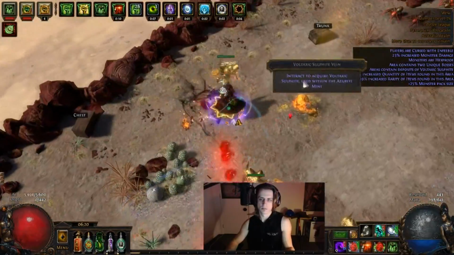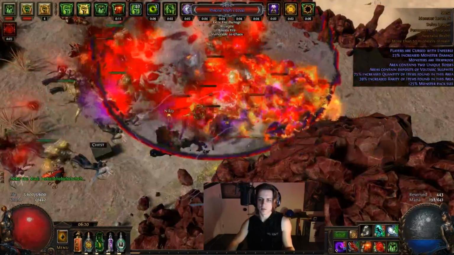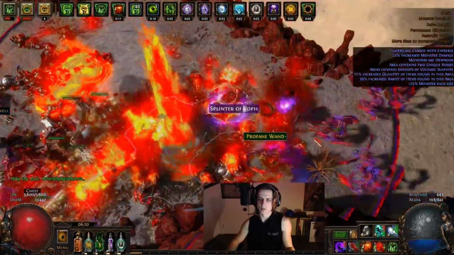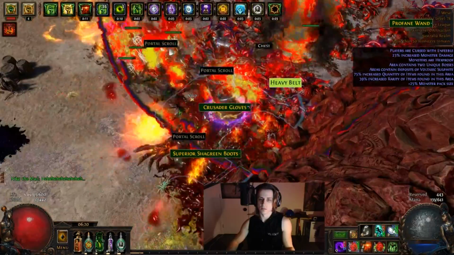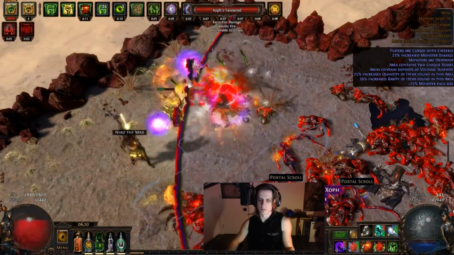Hey guys, it's Mathel here once again, and for the past few days I have been playing and testing a Poison Spectral Throw Pathfinder, as there are quite a few updates with the Pathfinder Poison passives and the Delve Fossil crafting system. Plenty of new stuff to play around with for Poison characters, and as you guys should know by